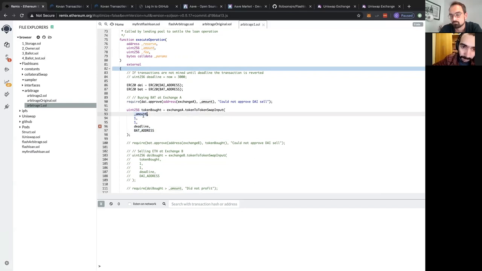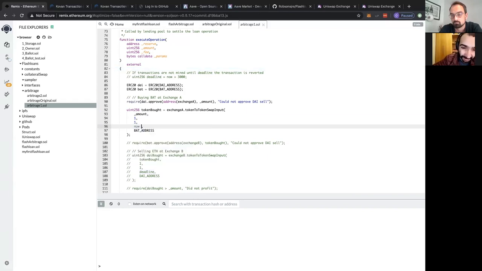The first one is the amount that you want to input there in Uniswap. The second and the third one are about slippage. We are not caring about this now, so you can just set 1 for the second and third parameter. The fourth parameter here is the deadline, like how long after you call this function you want it to be valid. You can do something like now plus some blocks, but instead of that, I'm going to call only deadline,